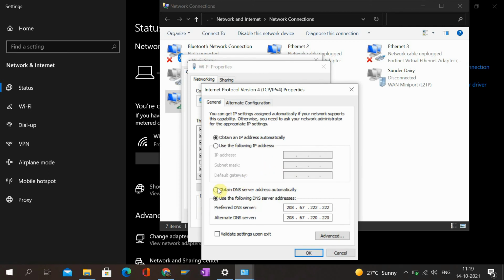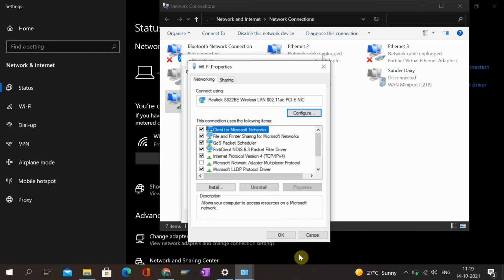Now here you can see I am using the following DNS server address. I have to change it to 8.8.8.8, and down below as alternate DNS it is 8.8.4.4. Then you have to click on OK and restart your system again. Once you click on OK and restart the system, check whether the issue is resolved or not.